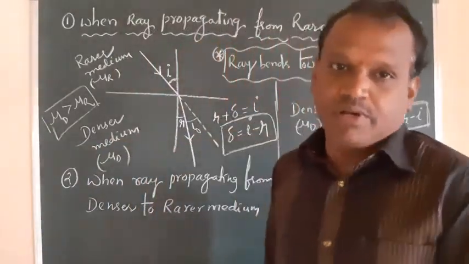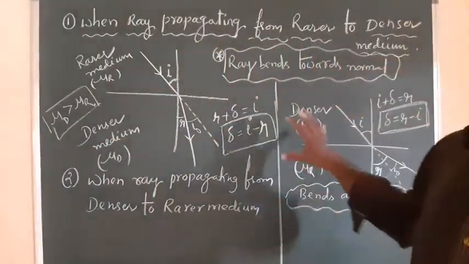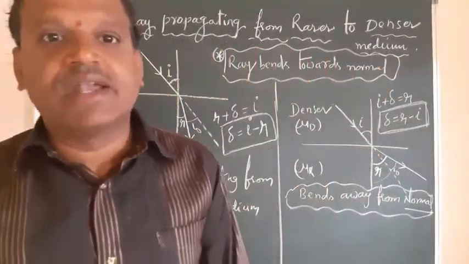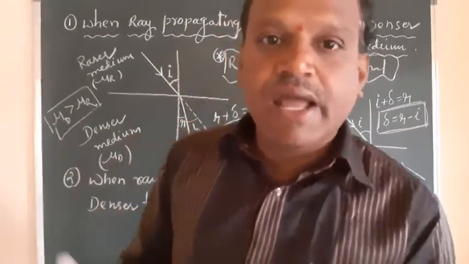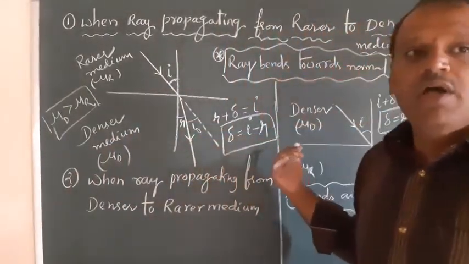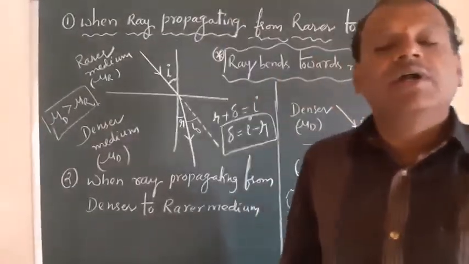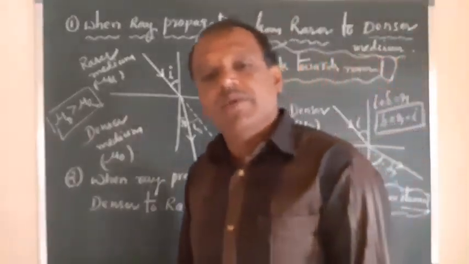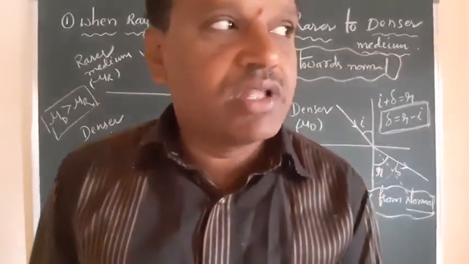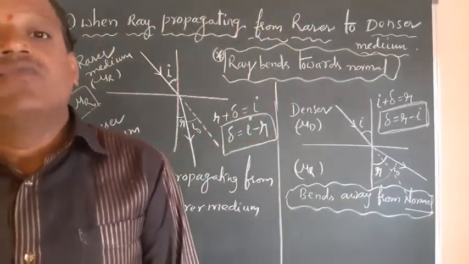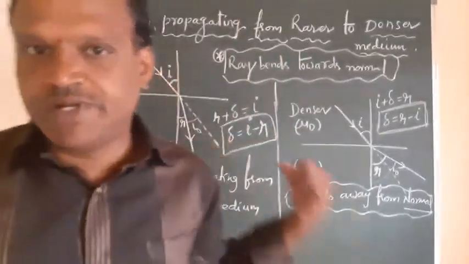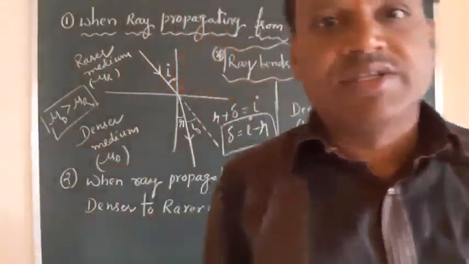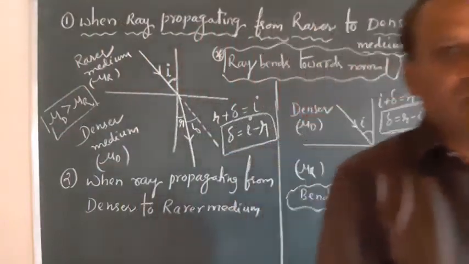Okay. So till now we covered the refractive index and relative refractive index. After that, I explained the bending of light in different directions, maybe towards the normal or maybe away from the normal. The bending of light takes place based on which medium the light ray is propagating from and into. So that we explained here, right? With this, I'll conclude this class. It is important. Okay, we'll see in the next class.